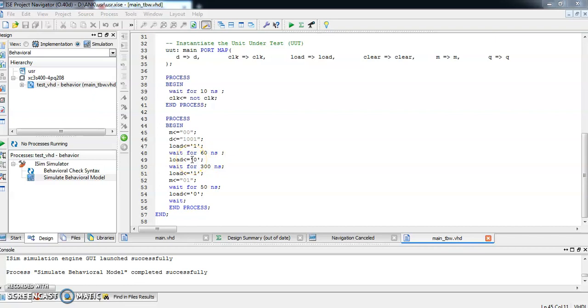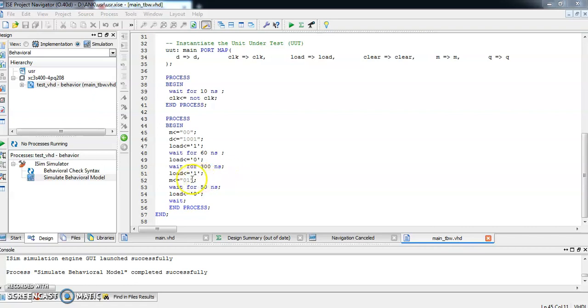Means after load is equal to 0, the input is loaded to output. Again we will wait for 300 nanoseconds. Again we will make load equal to 1 and M equal to 01. Means after this point of time the universal shift register will operate in parallel in serial out mode.